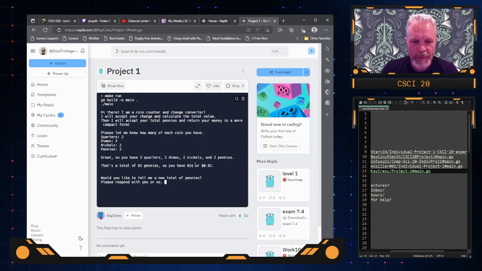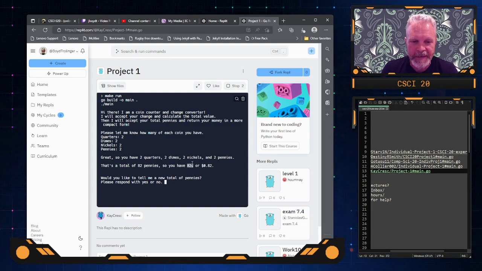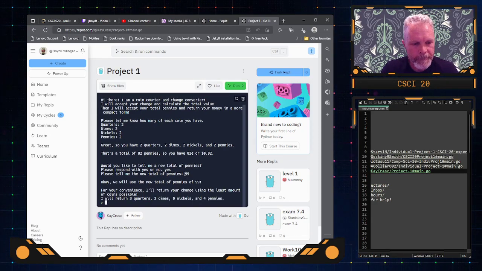This one is cool. I don't know if you can see it in the screen, but Go will let you print emojis and special characters and stuff like this. So they found that they could print out the little cents symbol for 82 cents. Pretty cool. Would you like to tell me a total number of, yes. Anyway, then there's